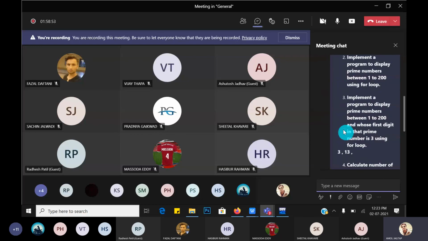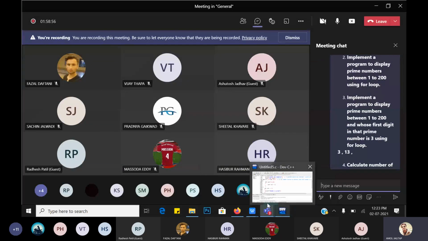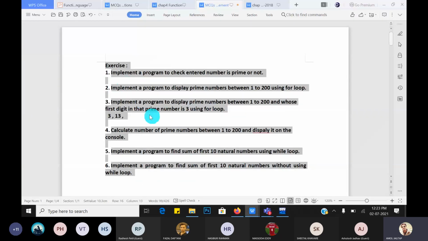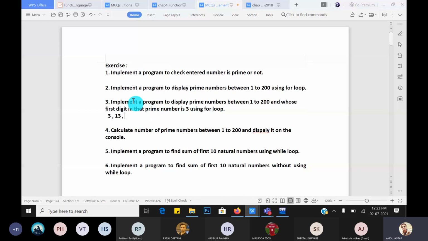We will solve those problem statements. Okay, so I will open that list so you can understand the problem statement. It is visible now. On prime numbers, we have to add one more condition. The first program is based on prime numbers: take any number from the user and find whether the number is prime. Then display the prime numbers between 100 to 200. Then display the prime numbers between 1 to 200 whose first digit is 3, started with 3, like 3, 13, etc. This is the expected output.